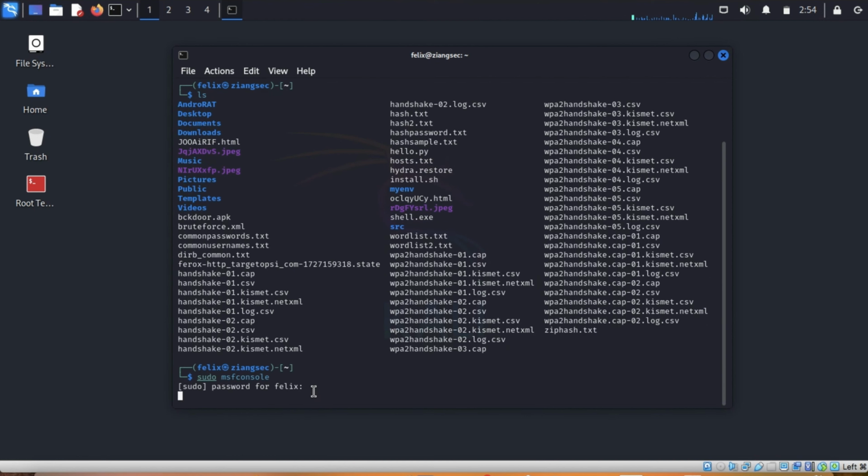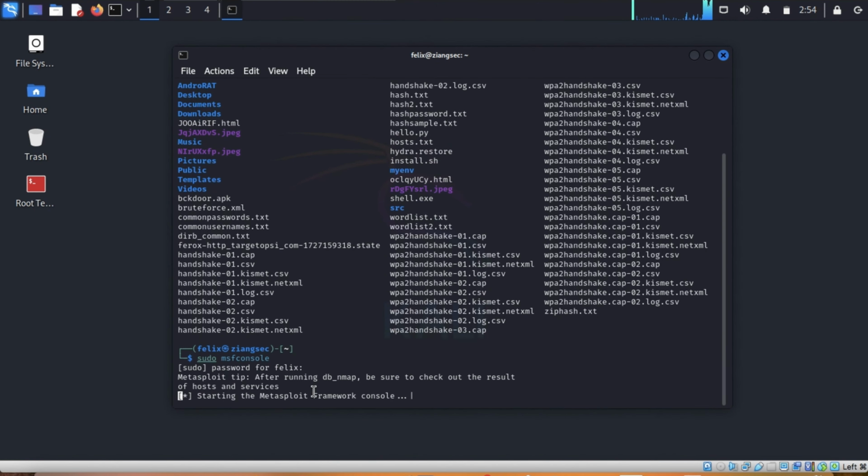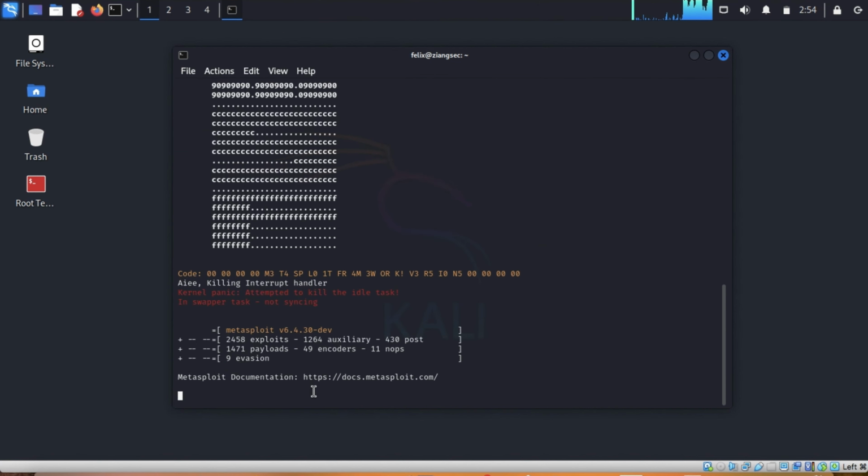We will run the Metasploit. We will be using the multi-handler module. But if you don't know the exact name of the module, you can search multi-handler.